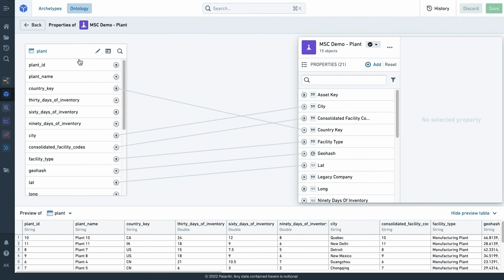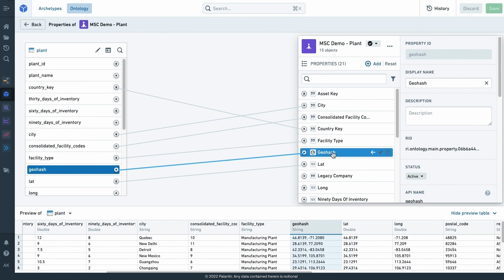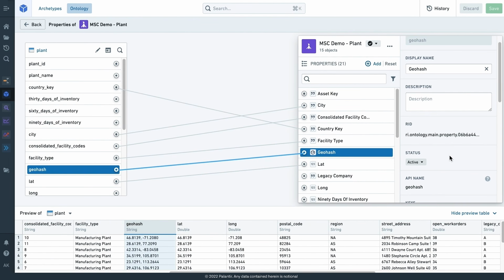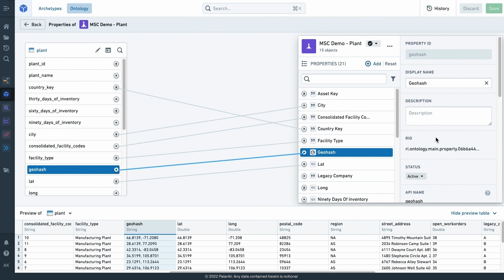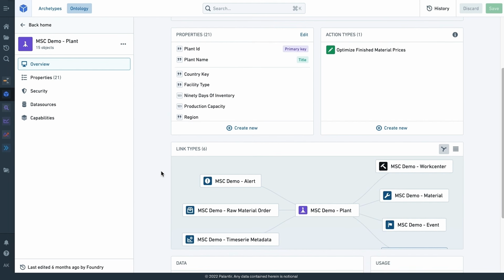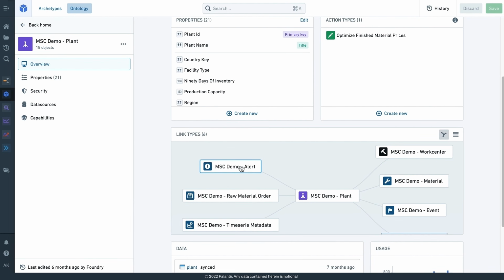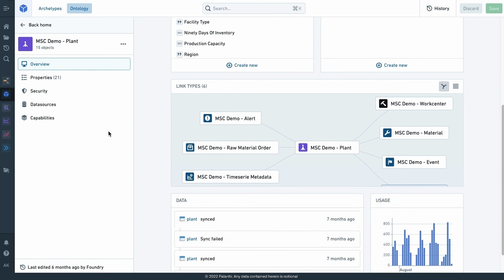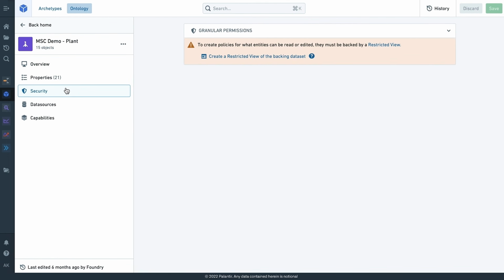Literally, how are we mapping in every element from those golden data sets we produced into object form? So things like geospatial properties, how are those coming in? What is the API name for these different properties and the actual IDs as well? Because we're going to want to use this with all of our different tools in lots of different architectures. And you'll see we have all this information rolled up here, including the link types and usage information. And on the sidebar here, we even have ways to go in and say, if I want to apply additional security here, restricted views, I can do that here as well.